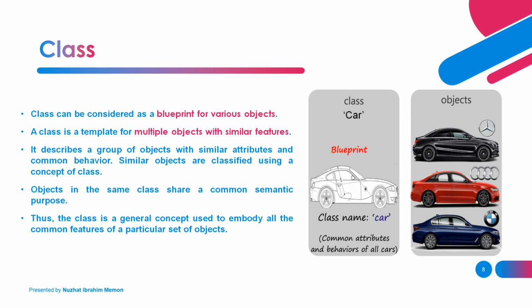Just now we got familiar with these two concepts, state and behavior, in the last slide. We know very well that objects are identified by the state, that is the value of their attributes. As you can see here, if I take the name and color attributes of this car object, then the first car is Mercedes and black in color. The next car is Audi and it is red in color. And the last car is BMW and blue in color. That is the state of the object, or we can say the value of an attribute.